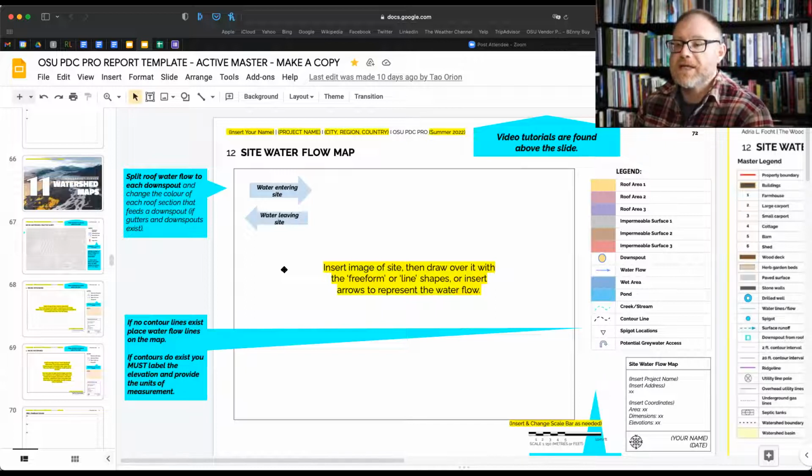Now, if there's pre-existing contours, that's great. If it comes to us in what's called the digital elevation model, we have to do some post-processing of that. So generally try to find just contour lines that you can copy and paste. There's two other ways that you can get common information, but be forewarned, the information from Google, which is generally